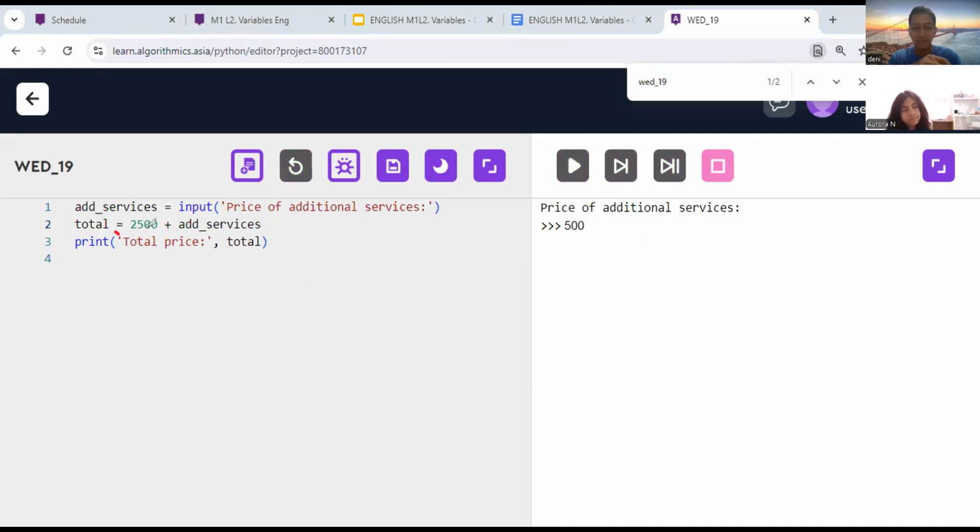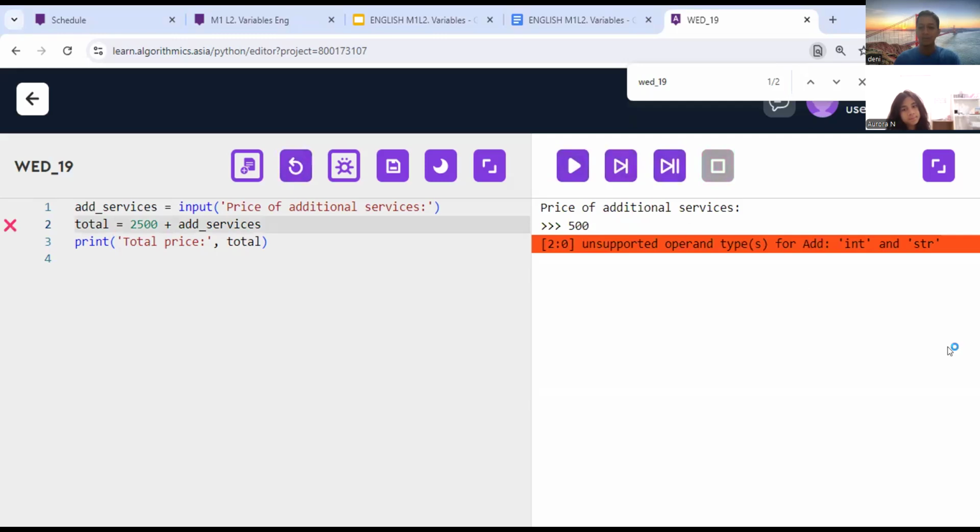And then print total price equals total price. Total is 3,000. Let's see. If I enter it, it will give an error like this.